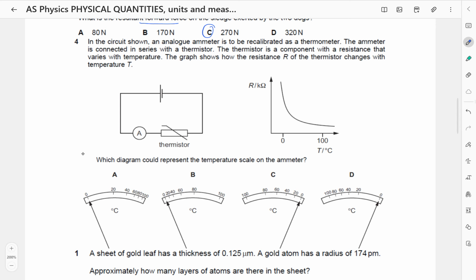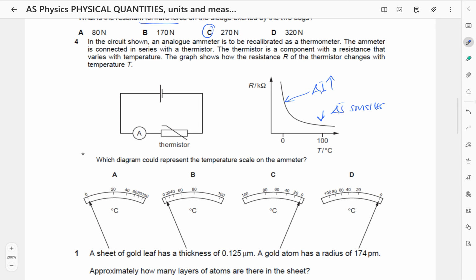So first of all, you notice that this part here, because the resistance is decreasing, it shows that the change in current increases. It must show an increase in change in current. And this part here is showing that the resistance is becoming almost constant. So this part here must indicate that the change in current is going to be smaller, because here the change in current is very small. Here the change in current is greater, is bigger, and here the change in current is smaller,